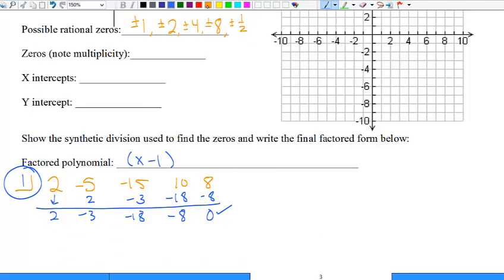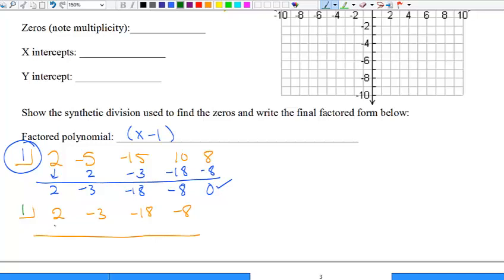Now I am going to synthetically divide again because now this is cubic, right? So this would be like 2x cubed minus 3x squared. I still can't figure out cubes, okay? I can't figure that out. So what I need to do is I need to take those numbers. Notice I took the answer numbers, not the original numbers. I'm going to take the answer numbers and try another number. Often I like to try the same number again just in case I get a double root. I might get one, so I'm going to go ahead and try it just to make sure I don't have two copies of one as a 0, and this is not working out. Okay, so there's only one copy of